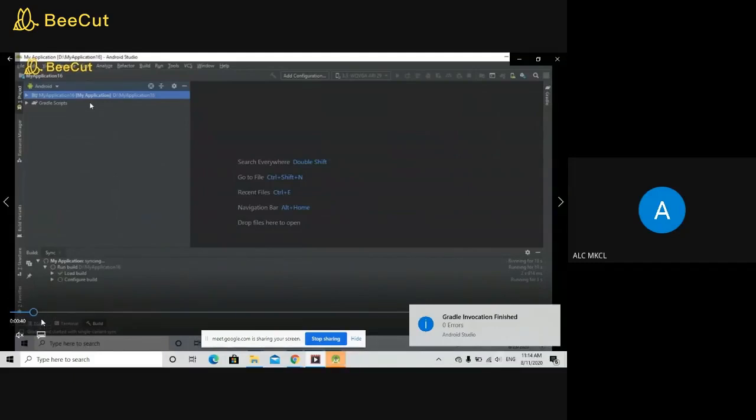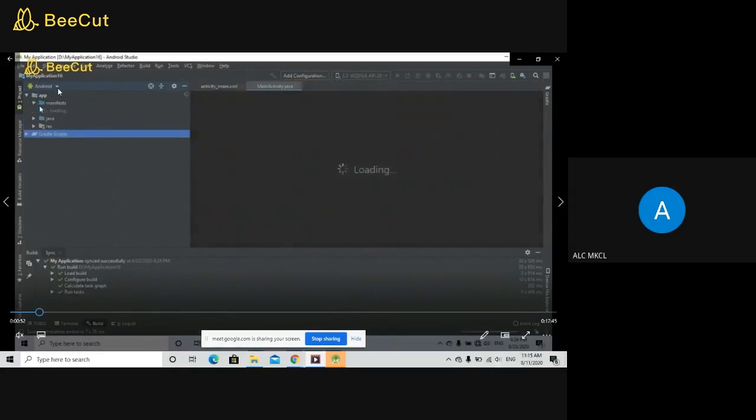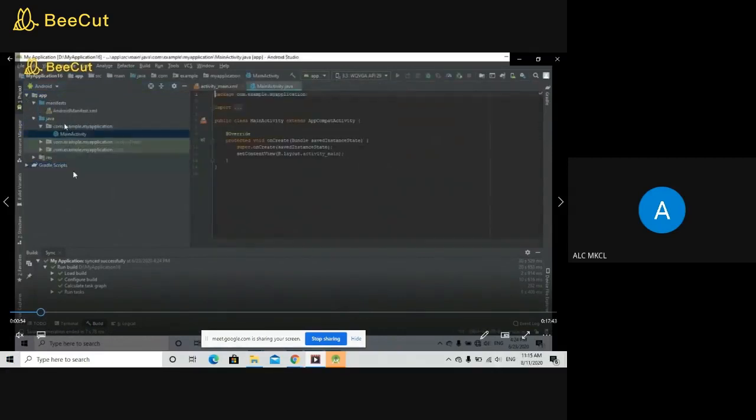As it is Android Studio, you need to be very patient. You need to have patience to load this application. Okay, now your application has been loaded, and now you need to code.